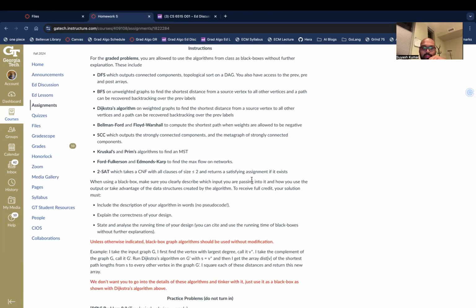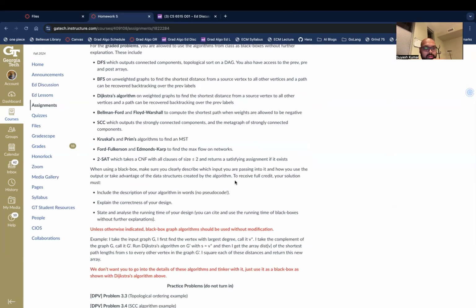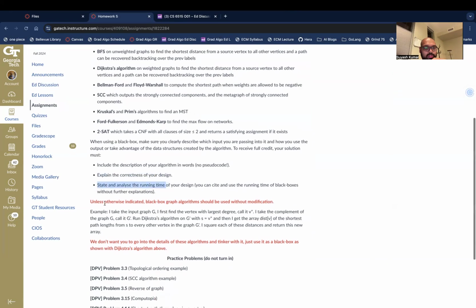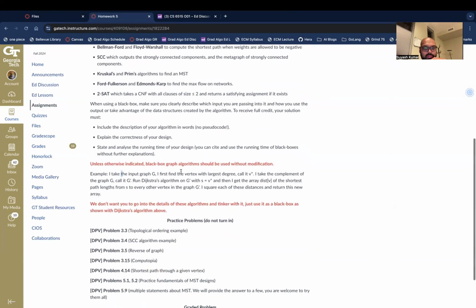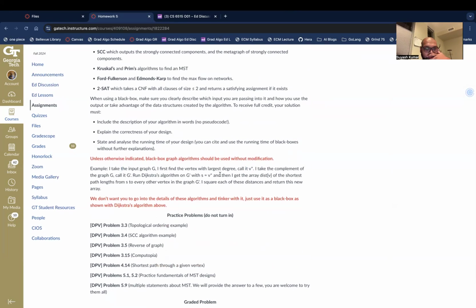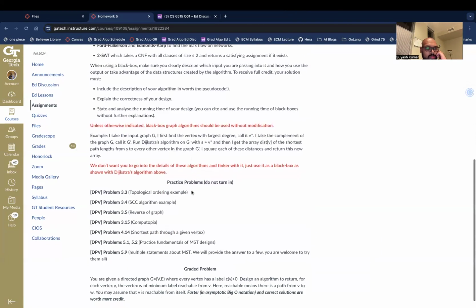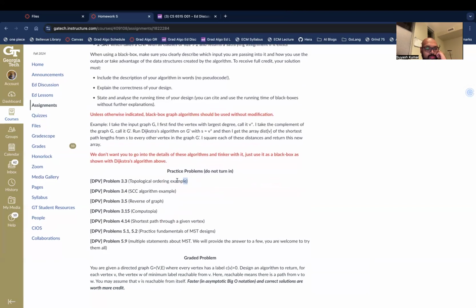Describe which output you're passing to, how you take content. Include description of algorithm and words. Explain correctness of a design, state and analyze running time of a design. Unless I take the input graph G. Okay, so you just have to explain it. That is so much better. So topological,